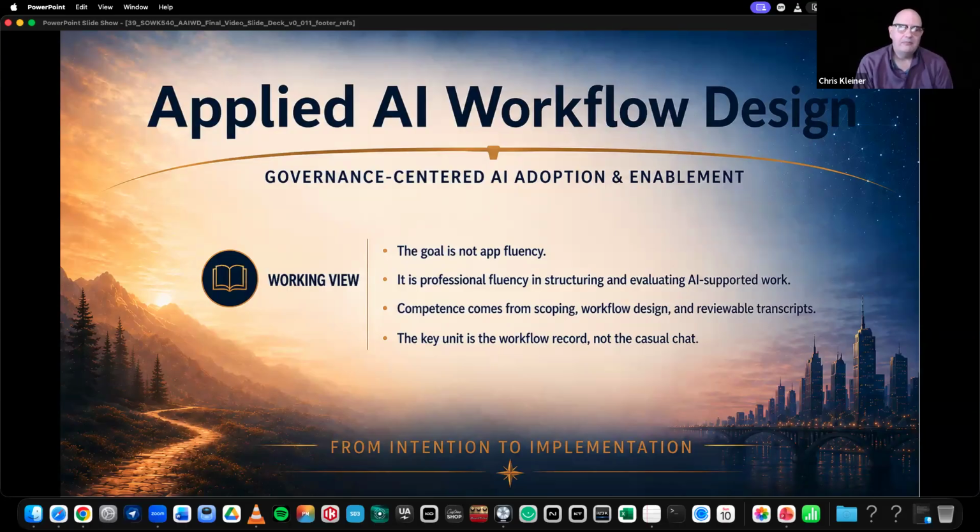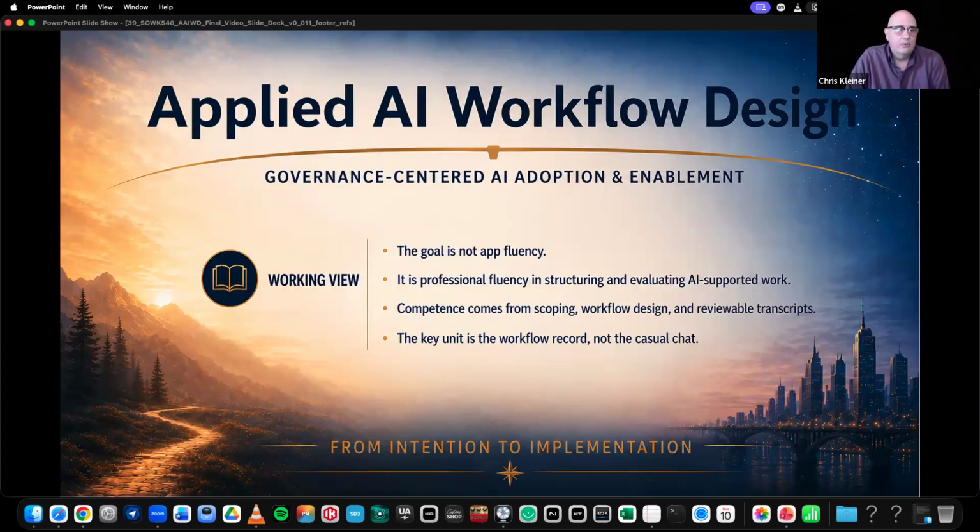So the goal is not app fluency. There are a lot of great apps. I'm not against them. I just don't think that most of them provide real transparency. They speak the language, they talk about ethics, and they will use social work values, NASW, and they can speak to it, but they can't really point to it. You can't audit it. And that's what I think is missing. So that's what I'm going to get into for a little bit today.